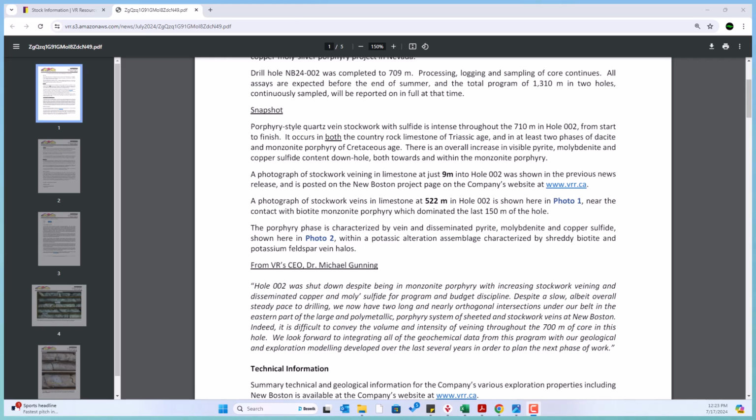The company did a press release this week indicating that hole number 2 is finished, and they got down 710 meters. So they kept going. If they kept going, they would have kept getting a mineralized zone. So the program stopped for whatever reason, and now we're kind of just stuck in what we know and what we don't know. So I think that's basically what I'm going to cover,